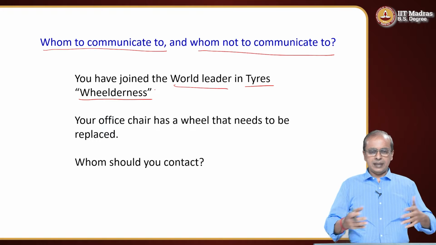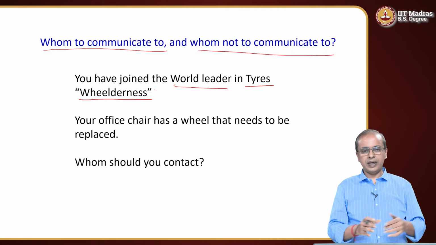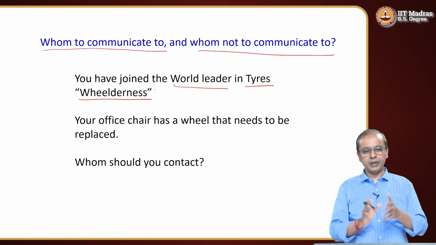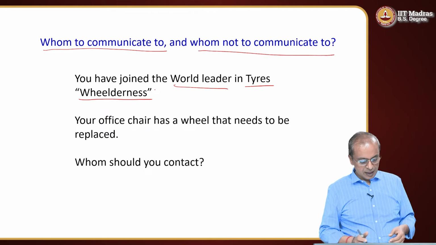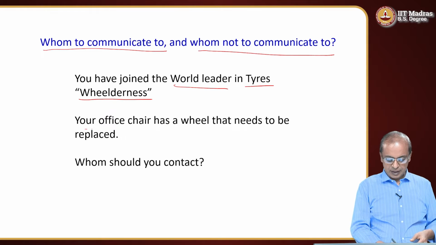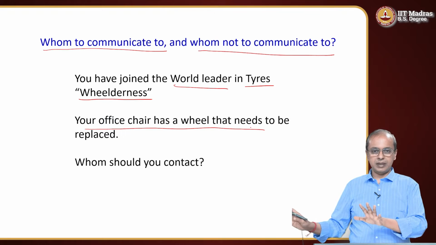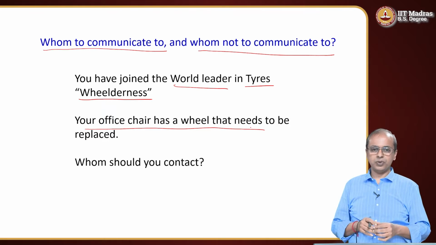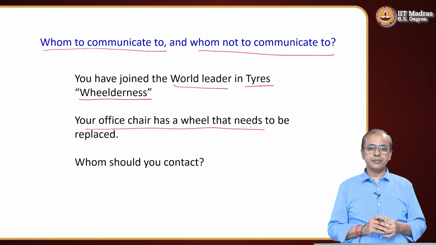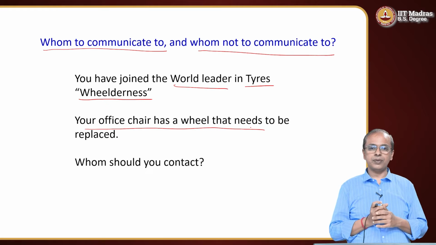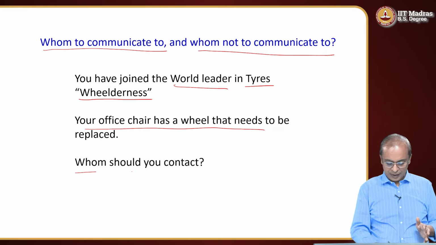So you report to work and you complete all formalities, you go and sit down in your office. They show you one location and they say this is your cubicle, go ahead and get started. So you go there, and as you sit, you immediately find that the chair you are sitting in, one of the wheels is broken. The usual office chair that we can rotate this way, that way, one wheel is broken. So what should you do? Whom should you write to?